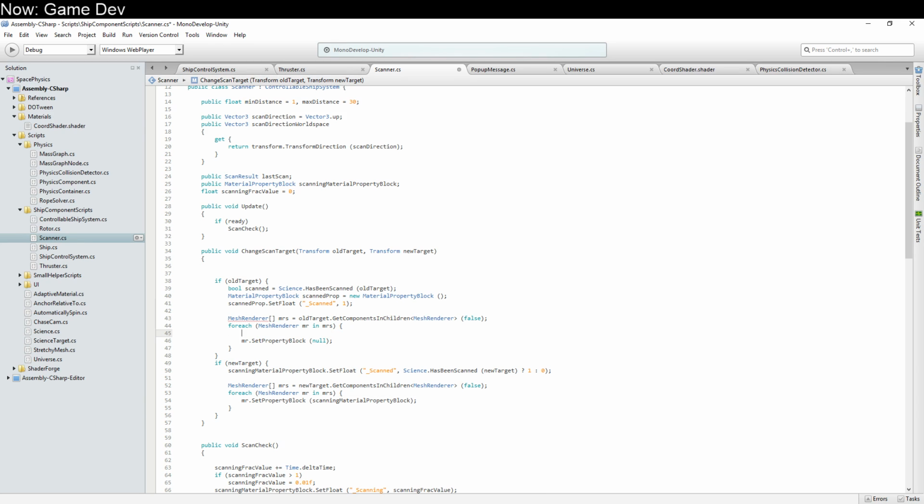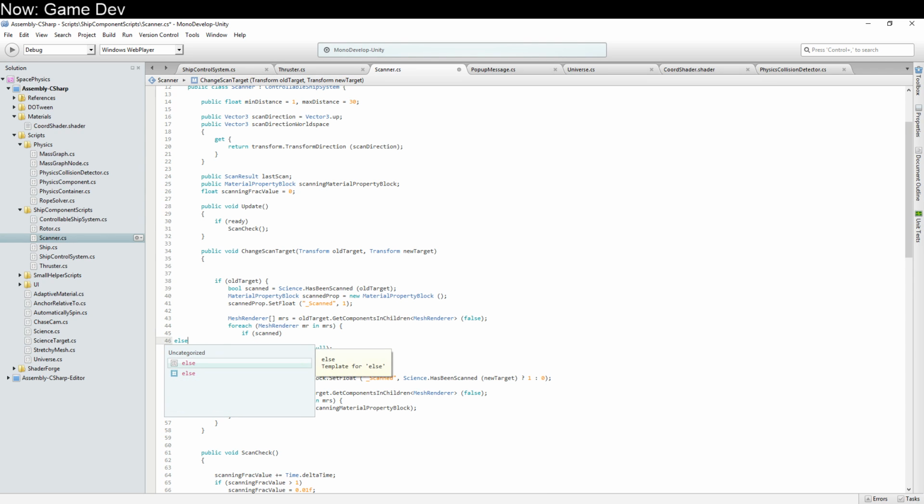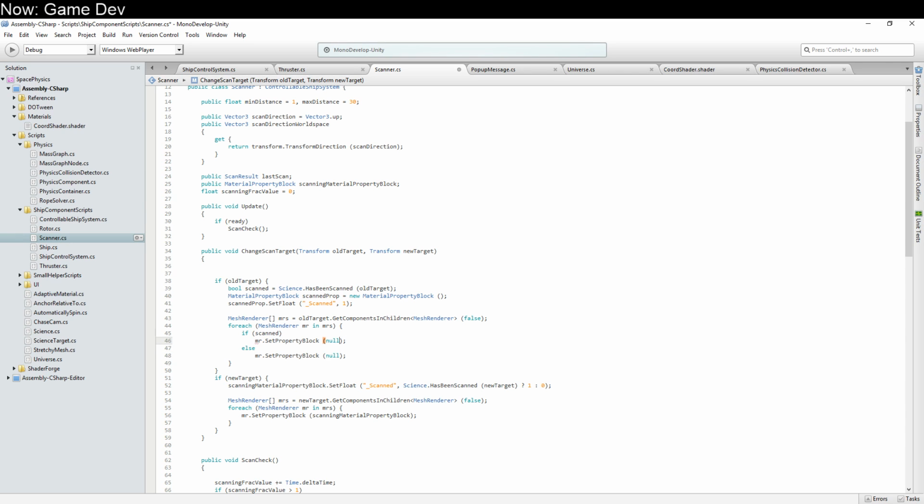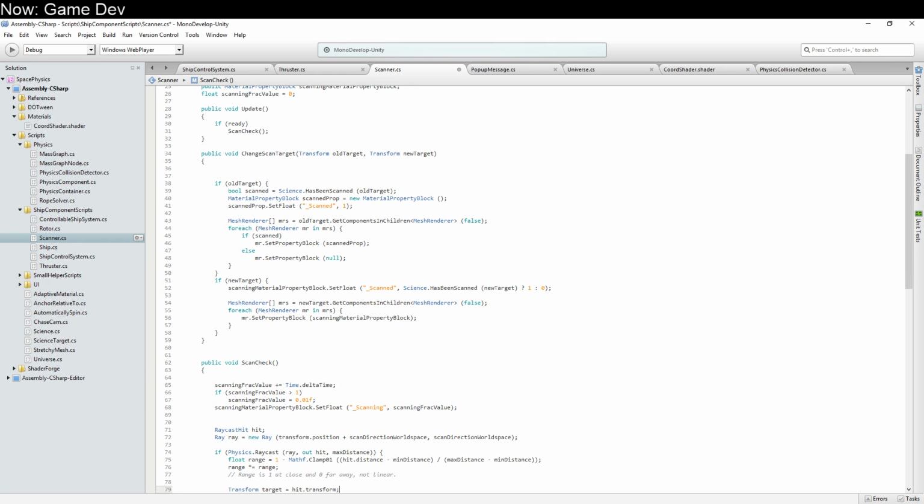And then down here we say if scanned, else there we are. And that should do for our making sure that things that we have finished scanning get their